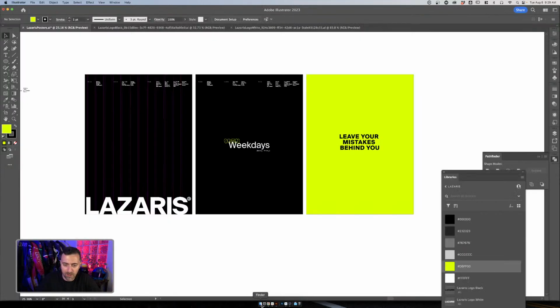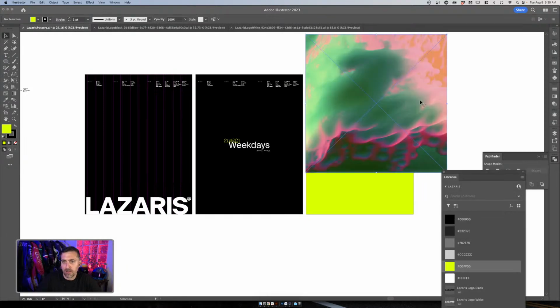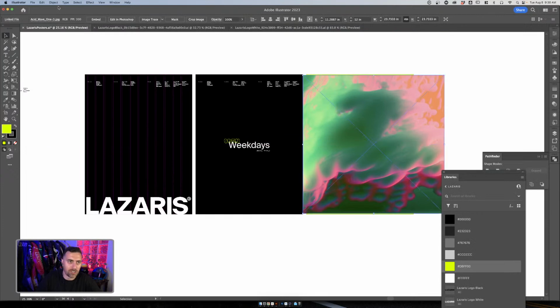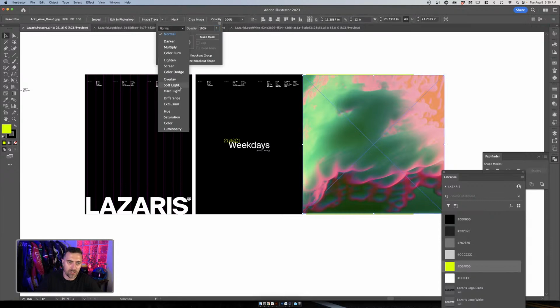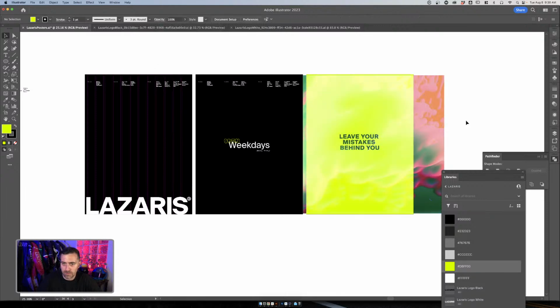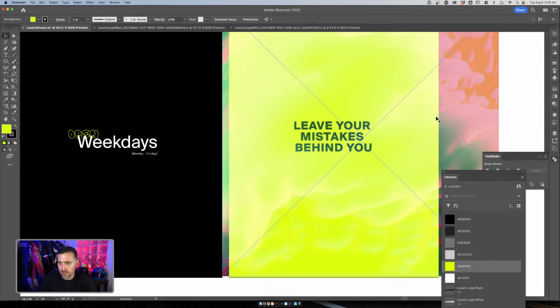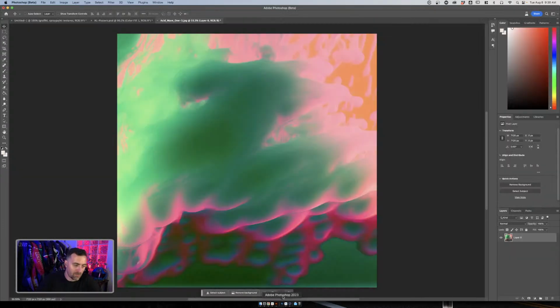If I wanted to, I can bring it directly into this poster and start playing with it, change the blending mode, opacity, change it to soft light, screen. Already by screening it, you're getting a really nice texture brought in. But I don't want to make Illustrator do all the heavy lifting that I'm trying to get Photoshop to do. Abu says if I want to change colors, absolutely allowed. Do whatever you want with these pieces. This is exactly why we built this asset pack.